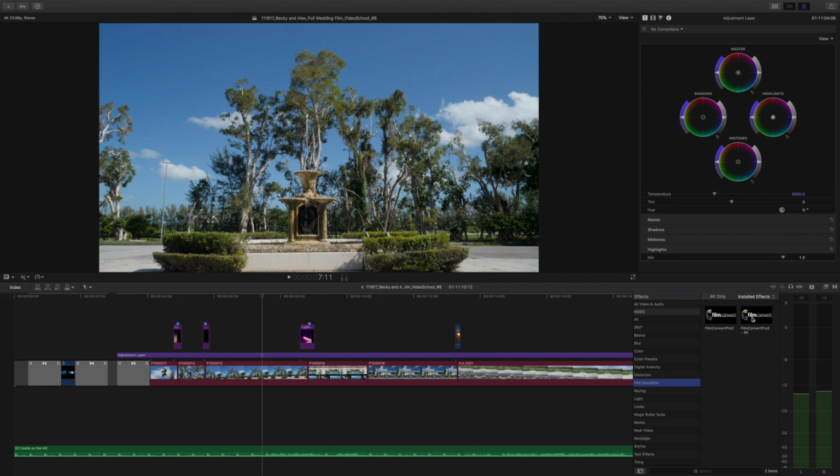Basically, Film Convert Pro is a very good preset. It changes everything camera by camera, so it's made for each camera that's popular in the market right now, and it'll move the camera's colors to make it look exactly like film, and it'll also add the film grain and everything to make it look like film, and the brightness adjustments as well. So we'll just drag this effect right into our adjustment layer,